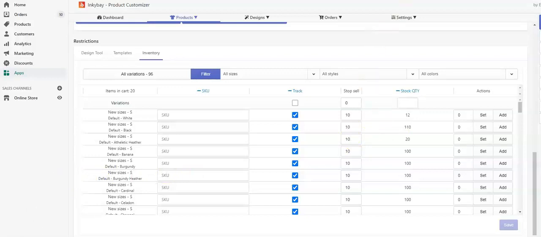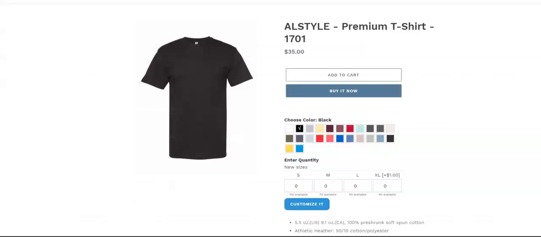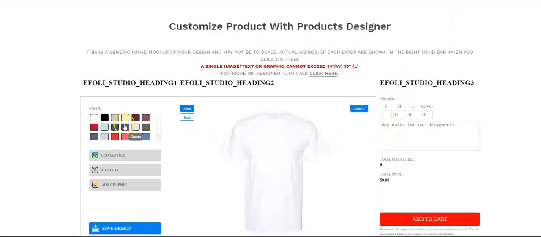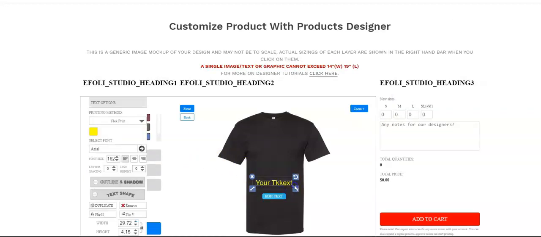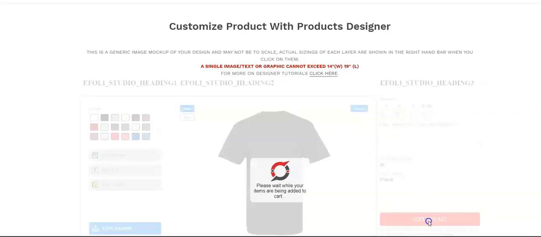To see this, we have to go to the designer lab. Here I am going to the designer lab and I have to add a design. Then I am selecting 20 for size medium and adding it to my cart.